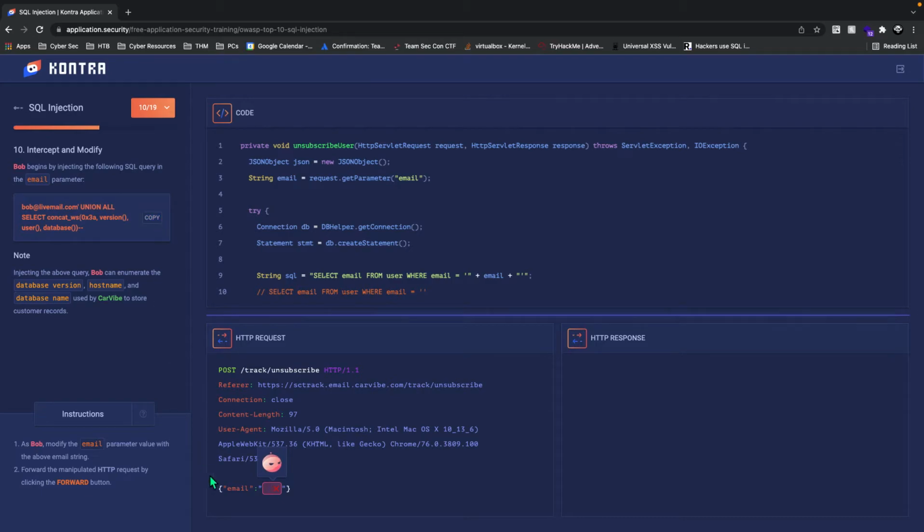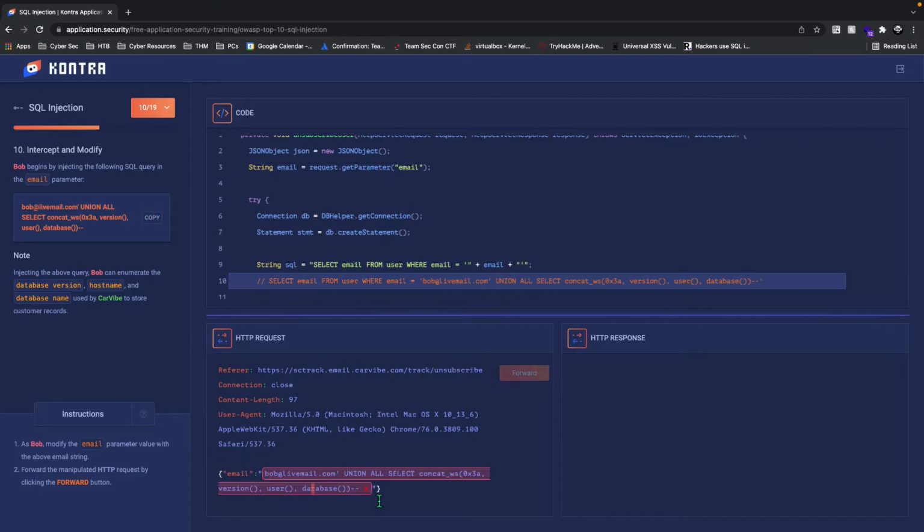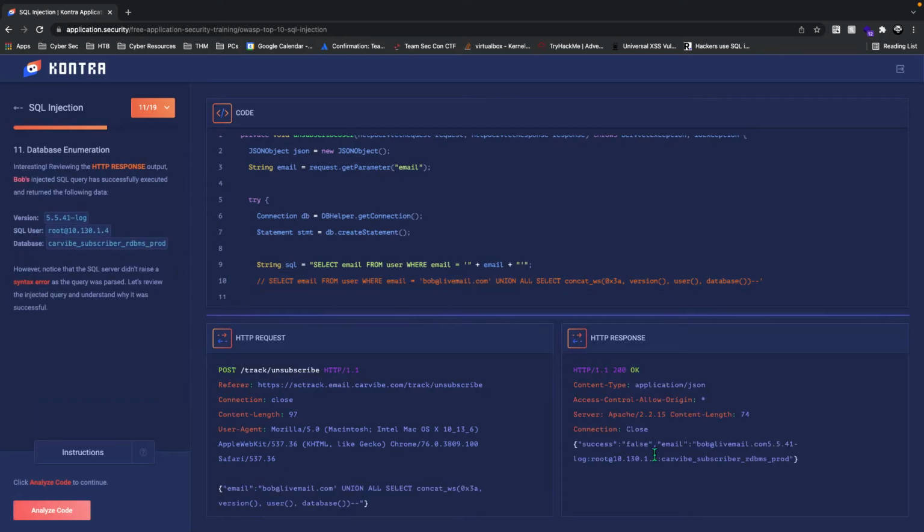We can copy this and paste it here. Note that by injecting the above query, Bob can enumerate the database version, the host name, and the database name used by Carwipe to store customer records. This is really nice, really good information to know if you're a hacker. And so we can press the forward button, and we're going to know that